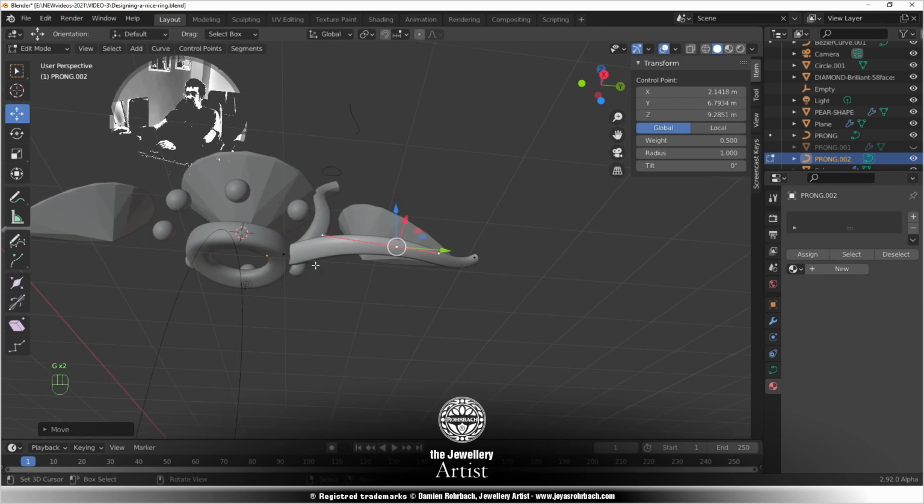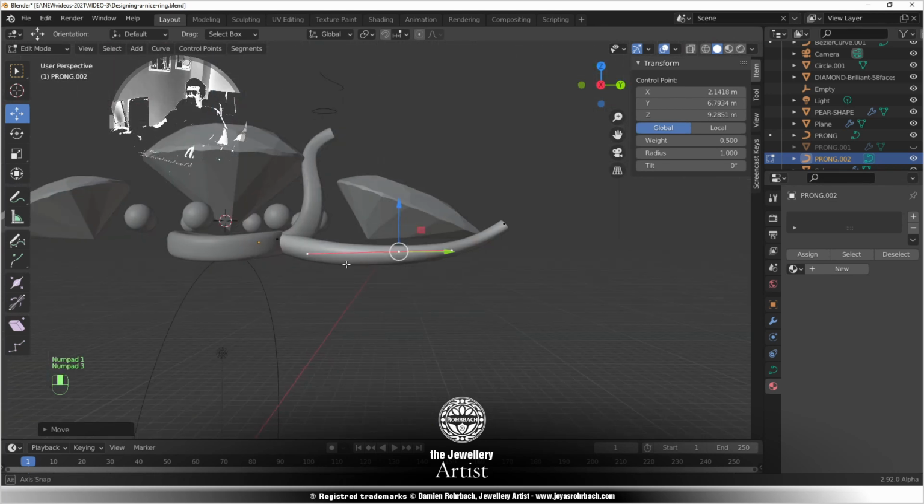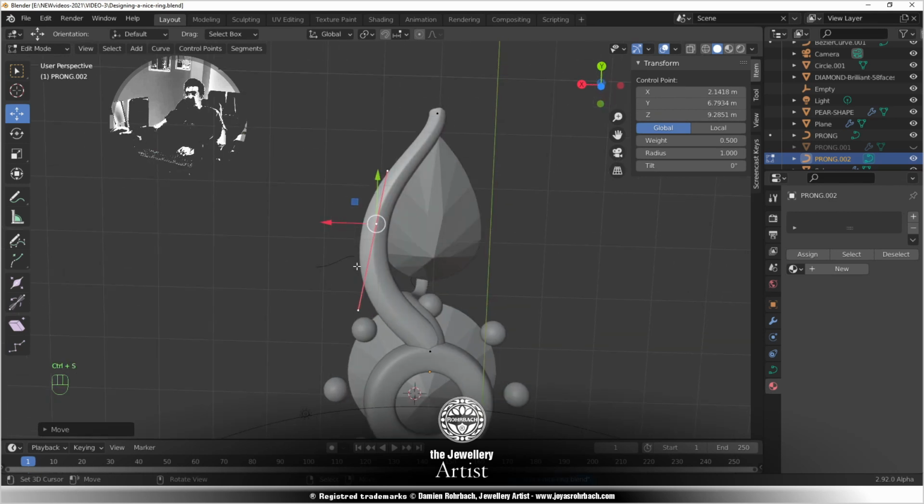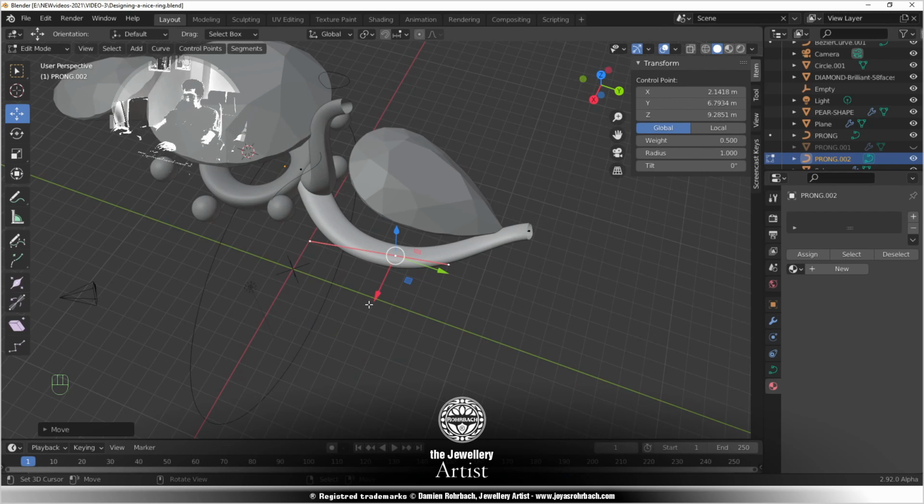So anyway, this is looking good. Let's have a front view. Okay, this is perfect. And the ergonomics, you know, because you can make designs all you want, but if your jewel is not